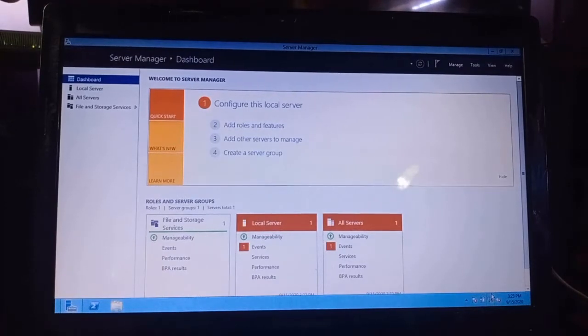computer to a static IP address. So just right click here and then click